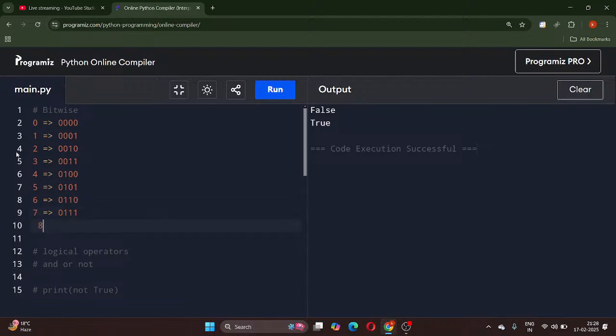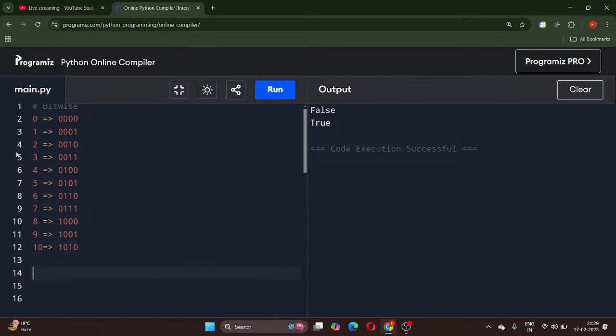Then 8 looks like this, that is 1, 0, 0, 0. Then 9 is 1, 0, 0, 1. Then 10 is 1, sorry, 1, 0, 1, 0, and so on, right? This is enough. Now what we want is to do the logical, not logical, the bitwise AND operator